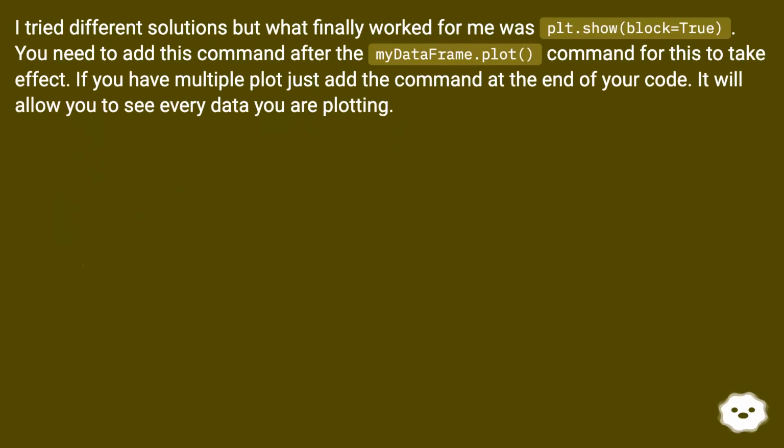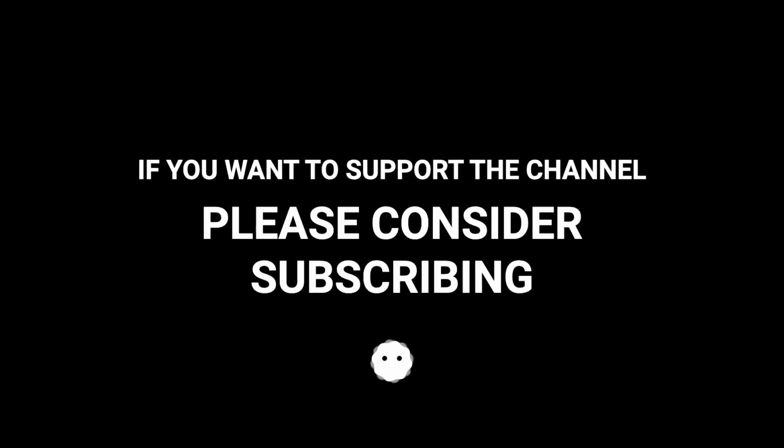I tried different solutions, but what finally worked for me was plt.show(block=True). You need to add this command after the plot command for this to take effect. If you have multiple plots, just add the command at the end of your code. It will allow you to see every data you are plotting. False,